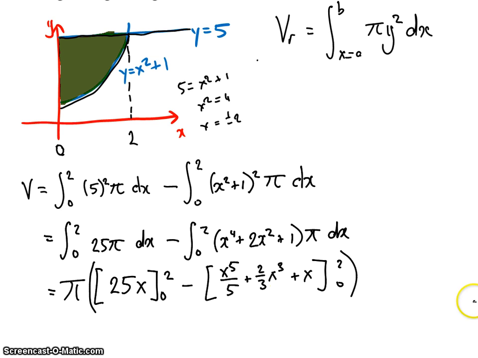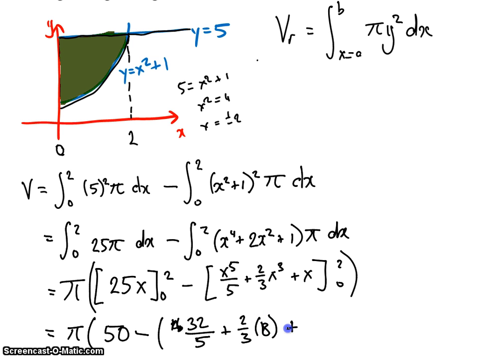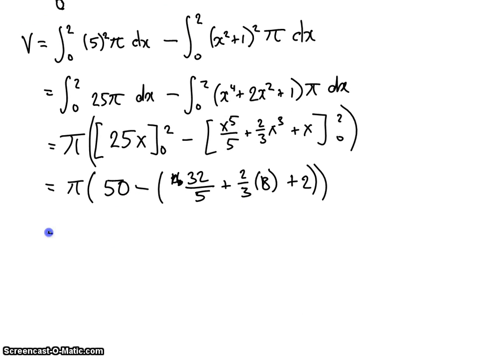Fantastic. So now we can evaluate this. So this gives us pi. This one, substitute in 2, you get 50 minus 0, so this is 50 minus, and this one, what are you going to get? You're going to get 32, 2 to the power of 5 is 32, divided by 5, plus 2/3 times 8, plus 2. And when we simplify this, we get pi times 50 minus, this is 16 over 3,